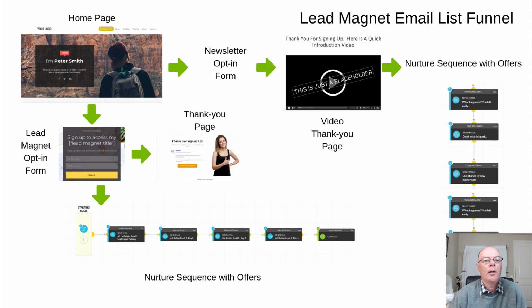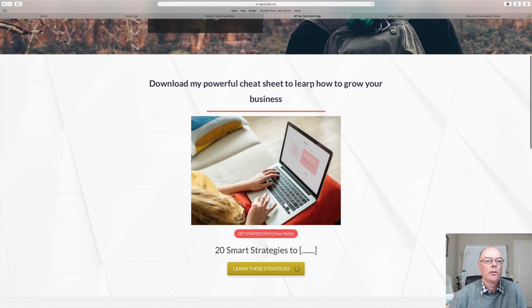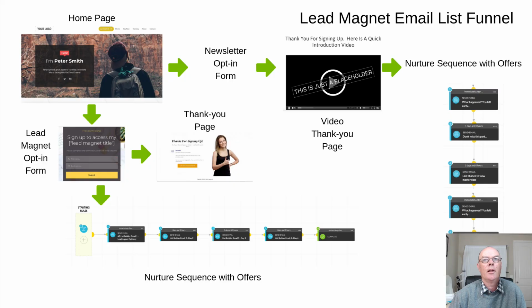And what you have here is a couple of items. You've got the home page, which if you look at the picture we've got here, this is the main page where your users or visitors will land when they want to download your lead magnet. And what you've also got in here is an opt-in form which allows people to actually get access to this lead magnet, a thank you page, and then that form also takes people into an email sequence where you've got